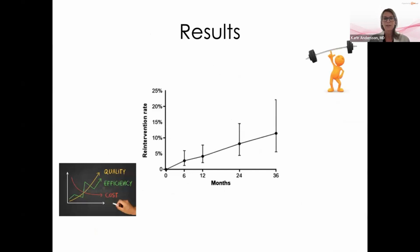Of course, as you can imagine, this is not homogeneous data, so you have to look a little bit closer, and we need to study this better, who is maybe going to need a new procedure. It depends upon what age the woman is performing her treatment. The woman that is performing her treatment at 47 years of age and then going to menopause, of course, is not included in this group,